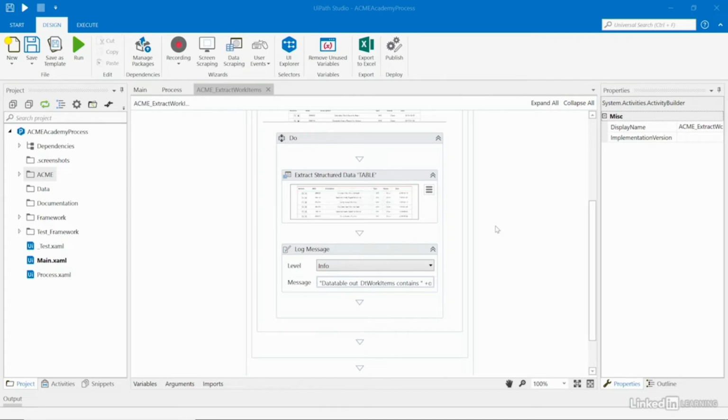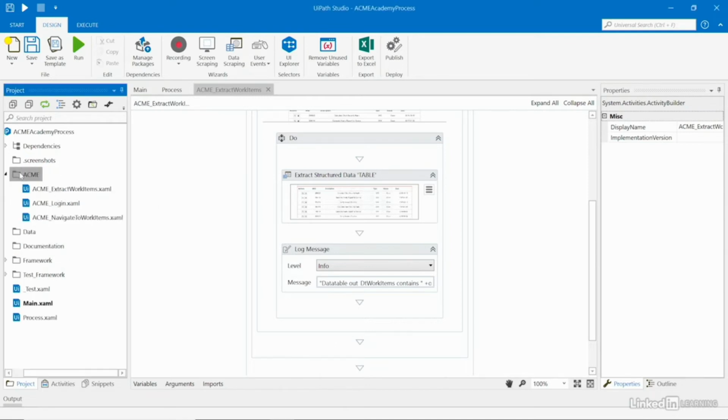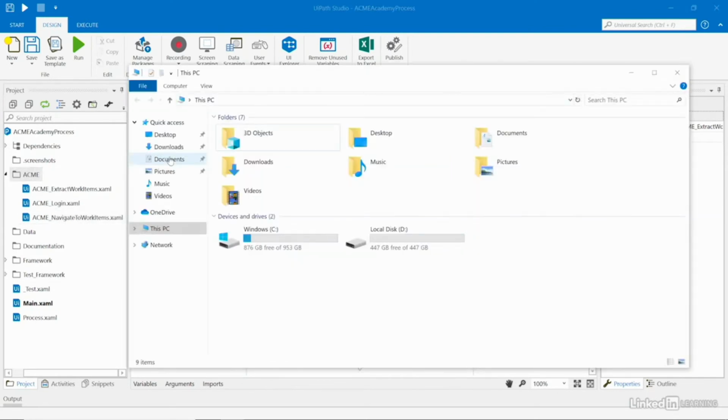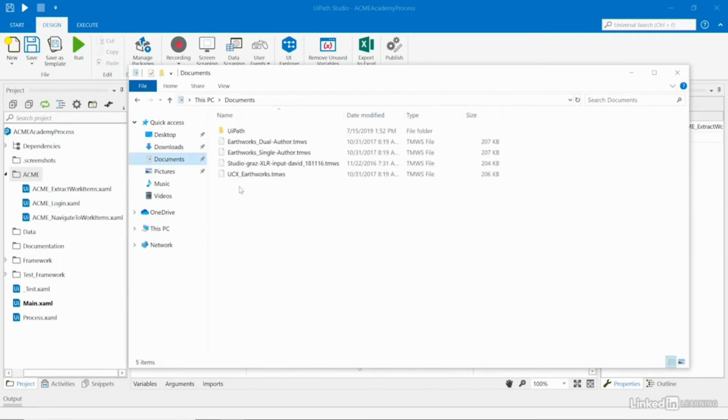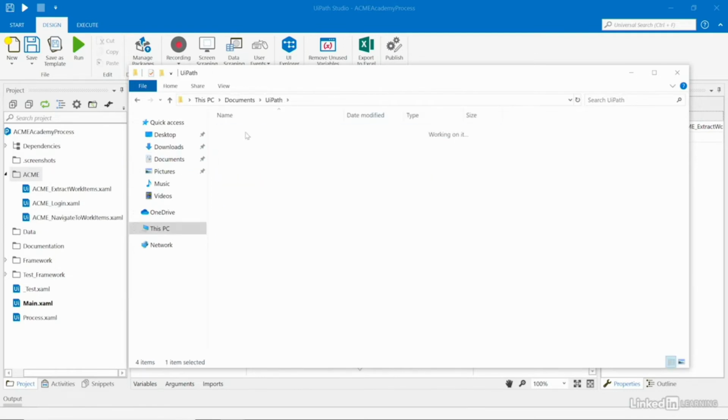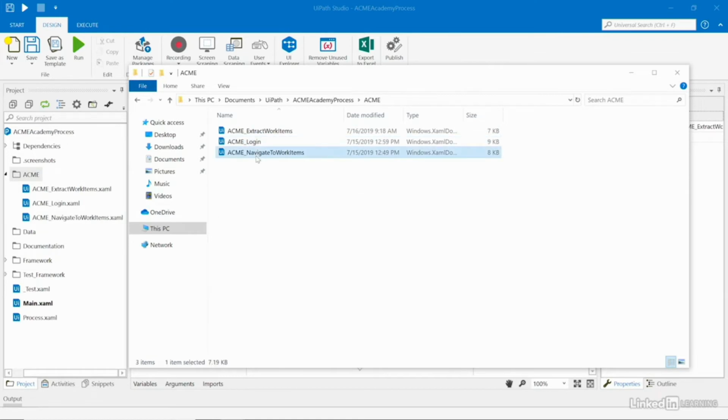But first up, let's create our new component. And this time, rather than creating it from scratch, I'm going to copy one of my better components, which is navigate to work items. To do this, go into File Explorer and find your project in Documents, UiPath, Acme Academy Process, and Acme. I'm going to copy and paste,